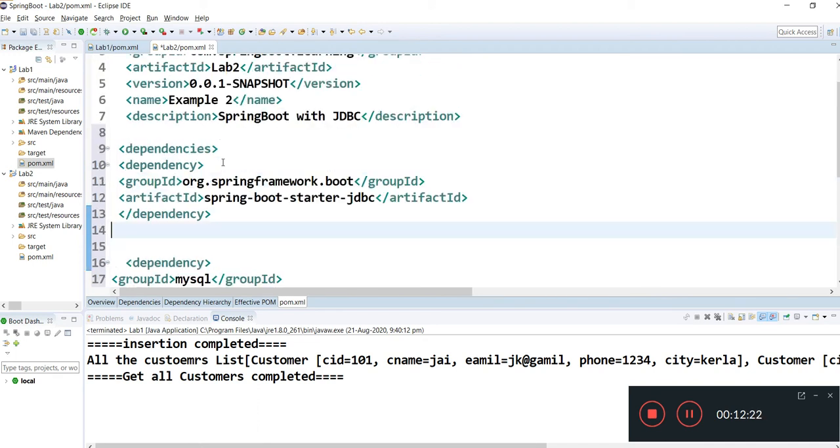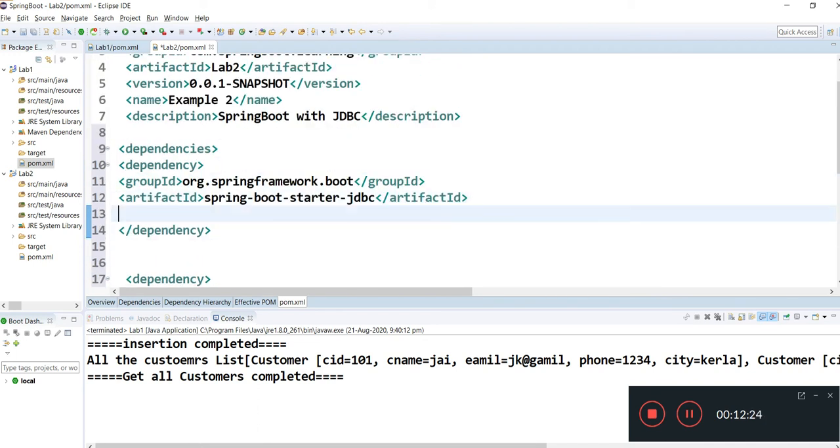And one more thing, here we need to mention the version also. The version is 2.1.12.RELEASE.